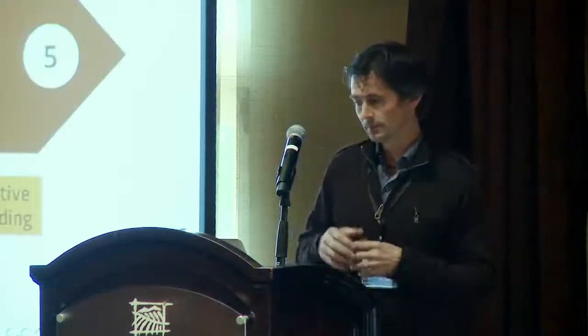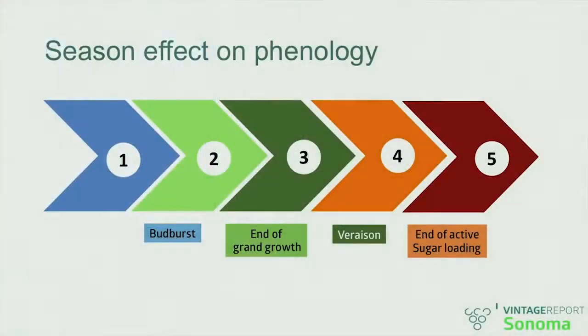Also, with the same idea to frame the discussion and logically articulate causes, consequences, or carryover effects, we slice the season into 5 steps, and we've been doing that slicing everywhere, whether we look at the plant response in Burgundy, in Oregon, or in Southern California. Essentially, those 5 different colors correspond to key stages that are setting up the pace at which the plant is preparing the next stage.